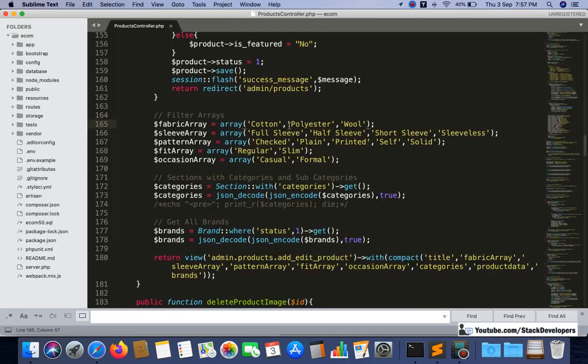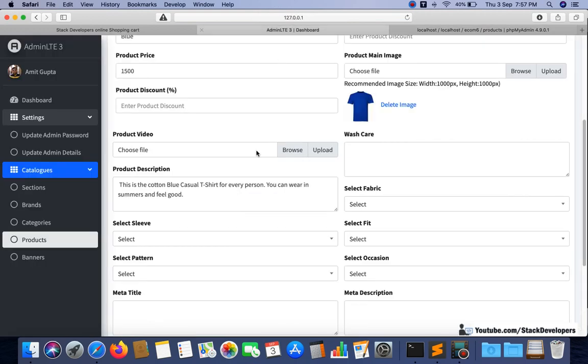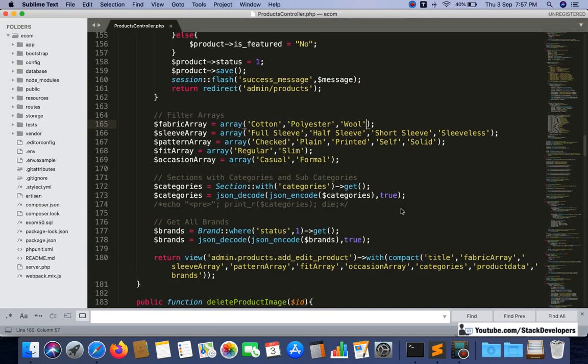In that table you can add all the filter values, the filter names such as fabric, sleeve, pattern, fit, with filter_value and filter_name columns, and you can dynamically call all these filters from there, both here and in the left side filters. It will be really good for you if you do it like this.